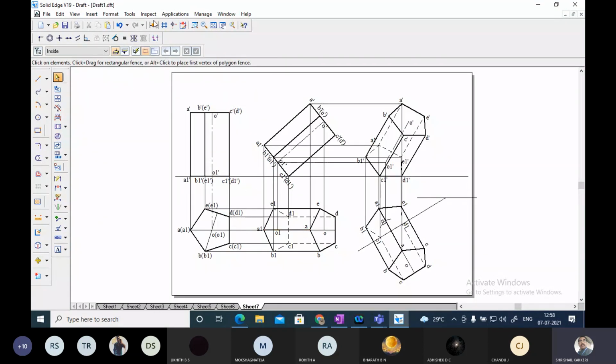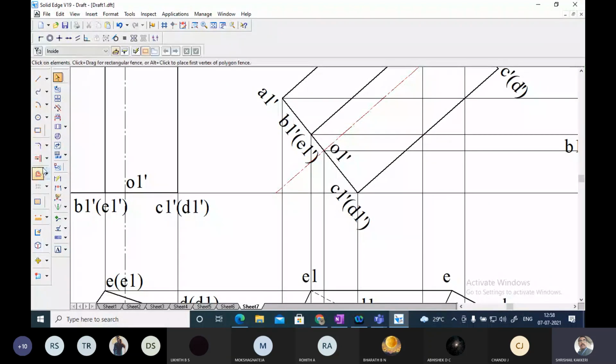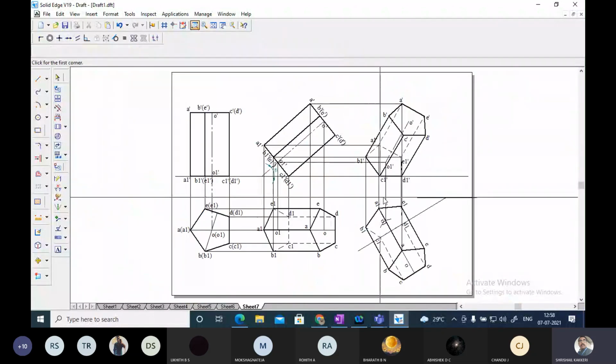Now here, what you can do, the initial positions, all these you have to show. So extend this line. I have extended this line and shown the angle, 40 degrees.